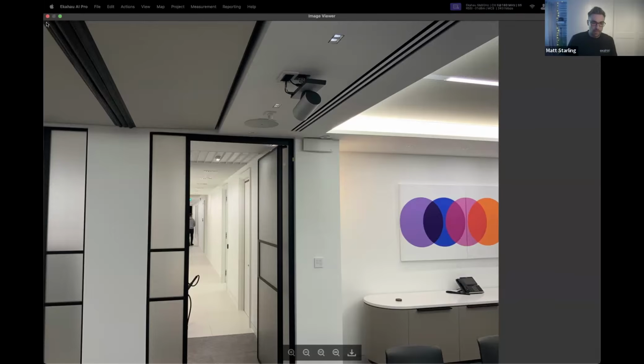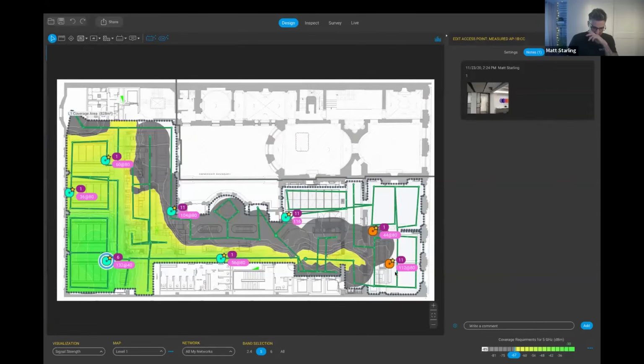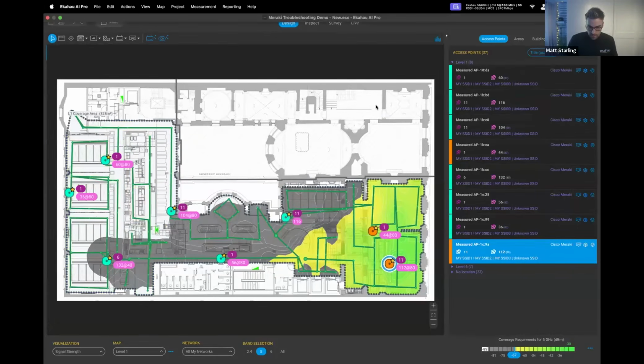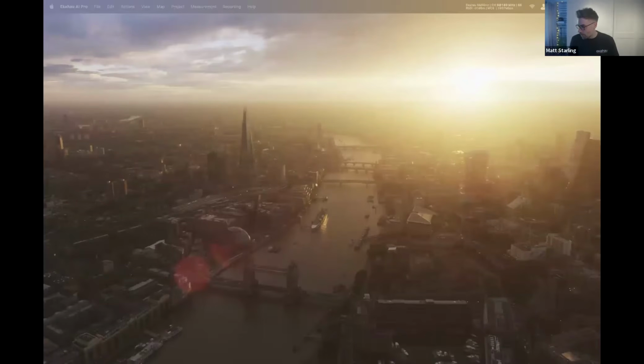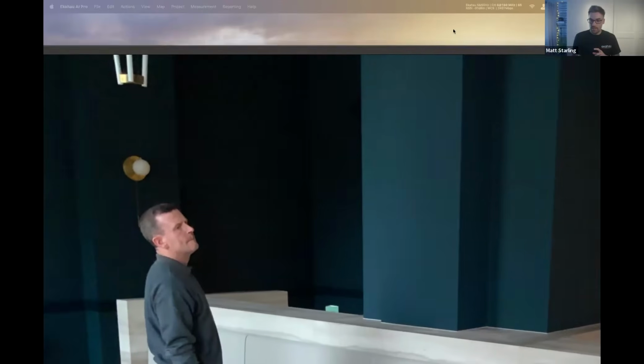But the one thing that I did want to show you, and let me, how do I bring this up without you seeing it first? Okay, 1 second. Because I want to see if you can figure out. I've been doing Wi-Fi surveys for a really long time, and I would actually say I'm an expert at finding access points. So after I've done a survey, I can see the coverage coming from the AP. I deem myself as a bit of an expert at locating where this access point is physically installed. But I want you to let me know in the chat, where in this picture